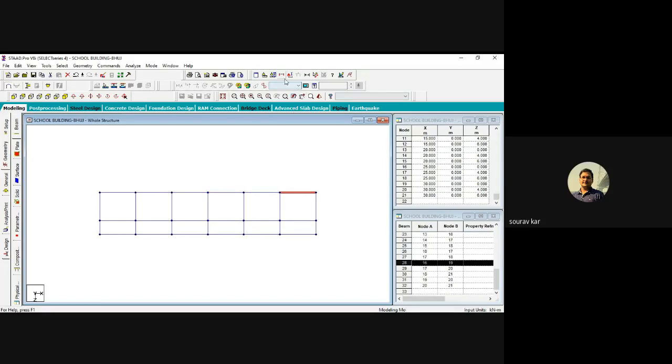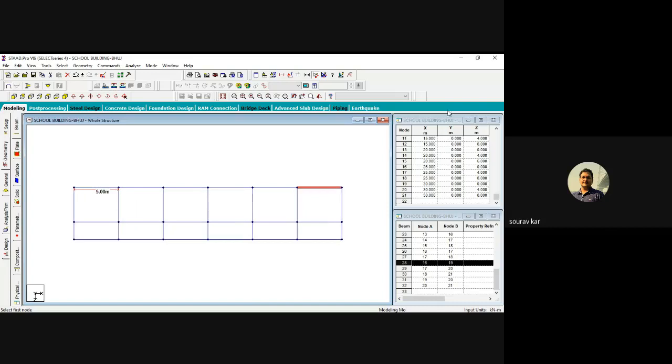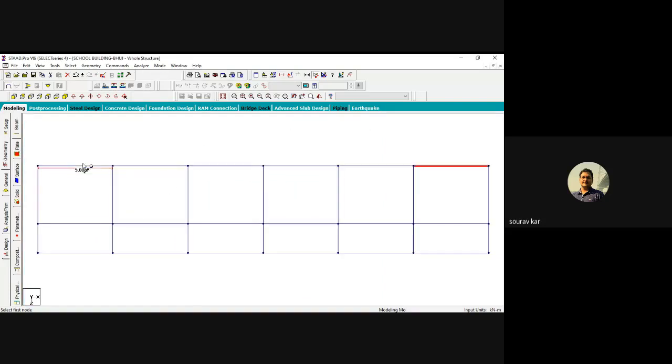At this point, you have to check every time if your dimensions are right or wrong. If you see here, my dimensions are all 5 meters.